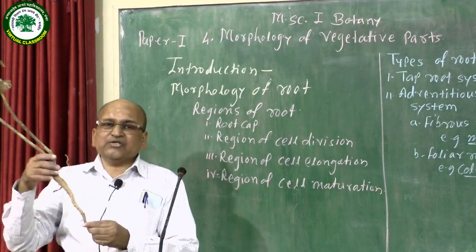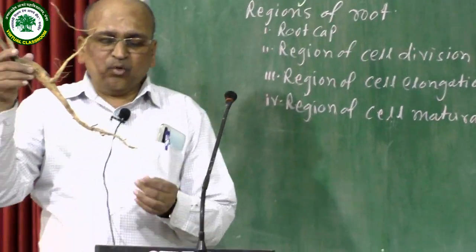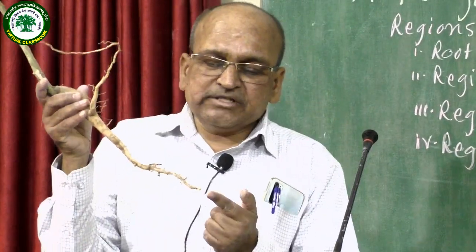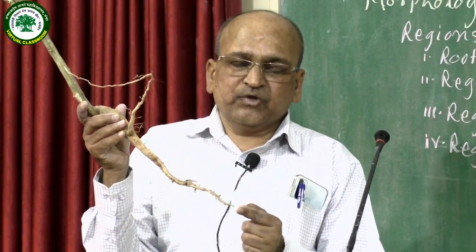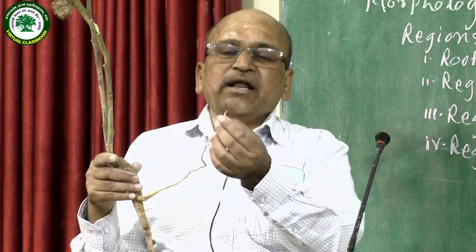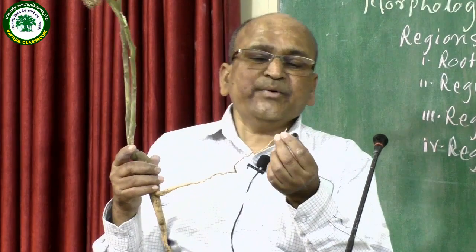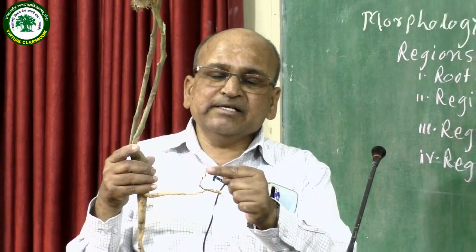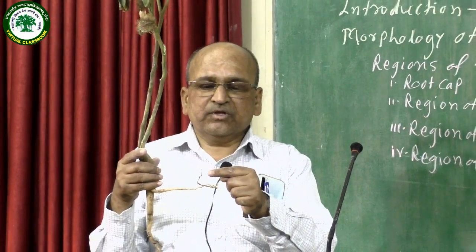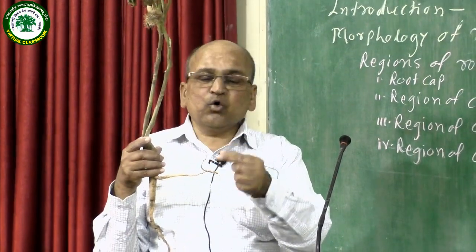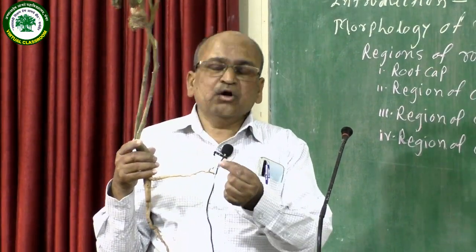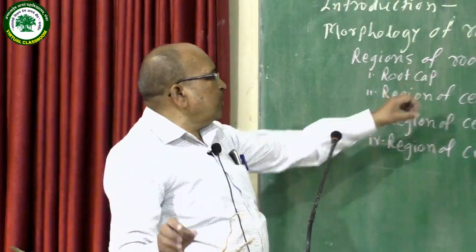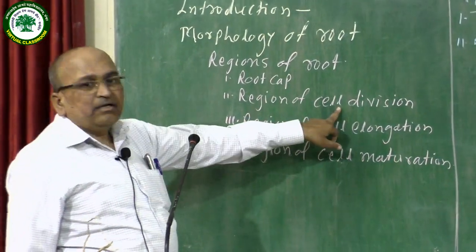If we see the parts of root, it shows mainly 4 parts. The first is the root cap. The part or region which is present at the growing region or tip of the root is called a root cap. It is a very small and short part. It gives protection to the growing region of root when this root grows inside the soil. Second one is the second region of root, known as the region of cell division.